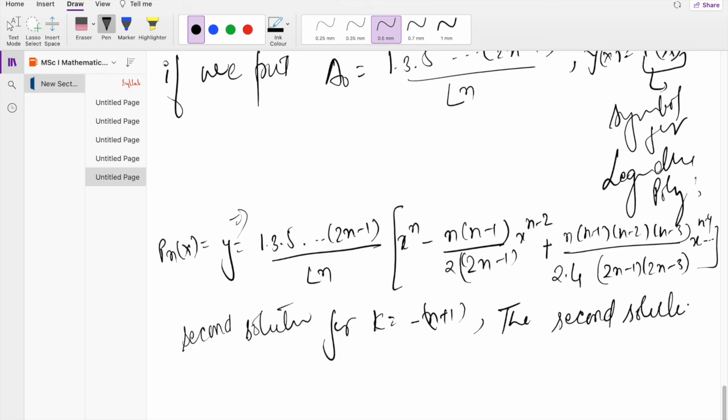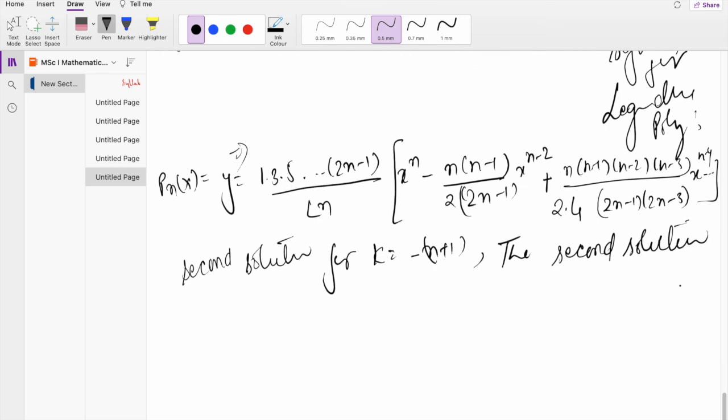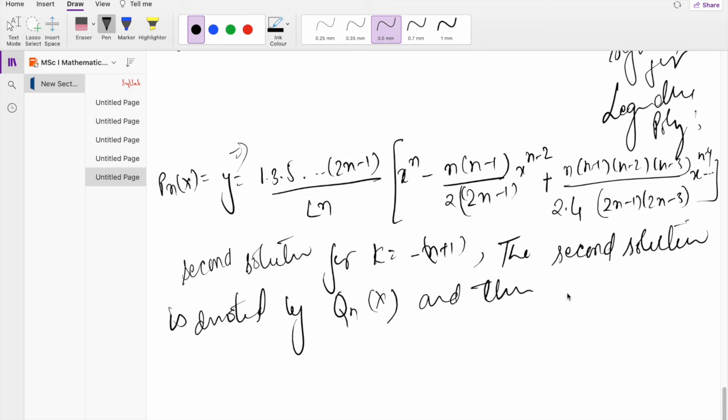The second solution is denoted by Qn(x), where n is in the subscript. And then the complete solution of the Legendre differential equation will be